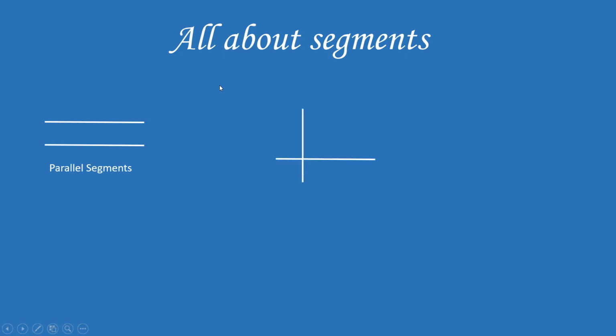Next are these. Can anyone tell me what these types of segments are called? Have you ever heard it? Intersecting. Yeah, absolutely, nice observation. They're intersecting, but there's an official word for it. I'll give you a clue. Look at this over here. Right angle, yes. So these are intersecting right angle segments. There is a word for right angle. Perpendicular. Yeah, absolutely. Thank you so much.